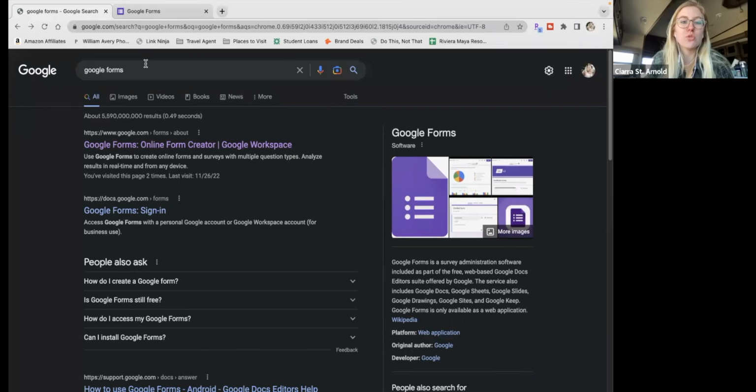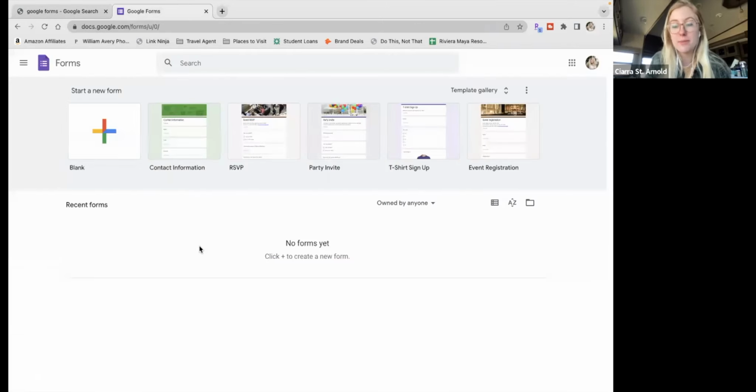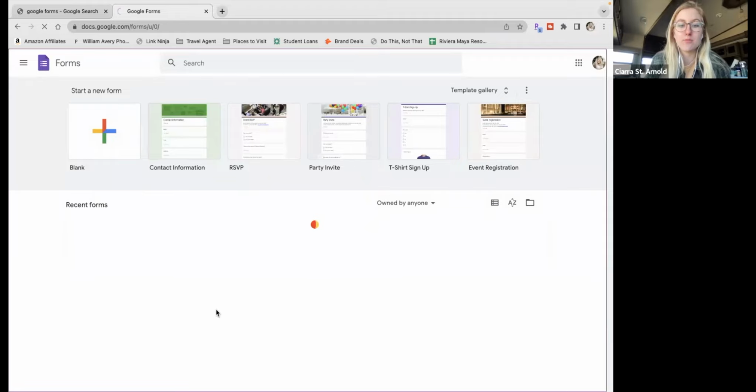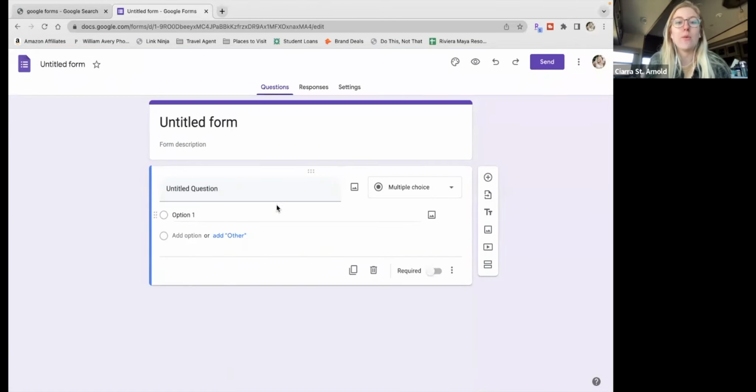You can actually just Google Forms and it will come up, and then you'll just need to log into your Gmail account or whatever you have. And it should bring you to this page right here. So we're just going to start from a blank one because we're going to be kind of making it our own. And once you do that, it's going to allow you to edit all of the fields, add all the